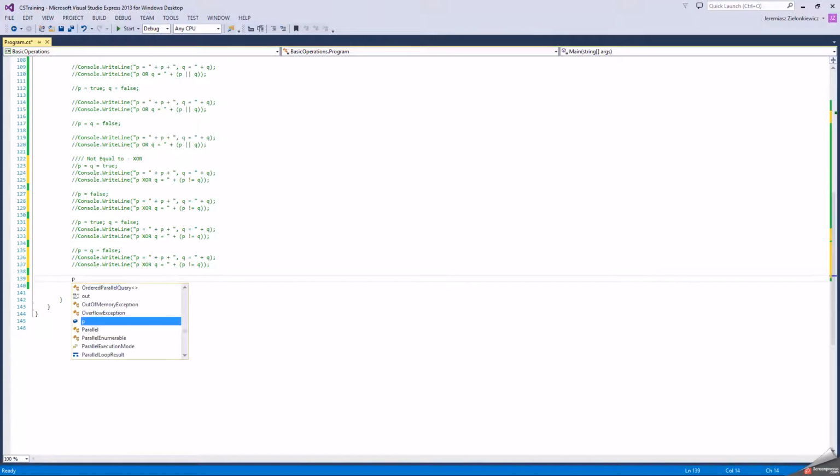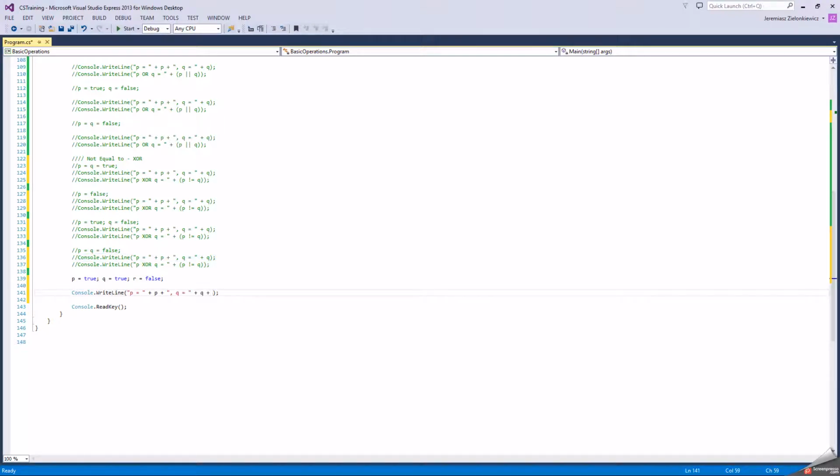So, okay, P is true. Okay, and Q is true. Come on. And then R is false. Okay, and we'll be performing. So let's copy this and then add R here. Okay, so class and R is equal to R, right? And just for convenience, we'll have this \r\n just to have this more